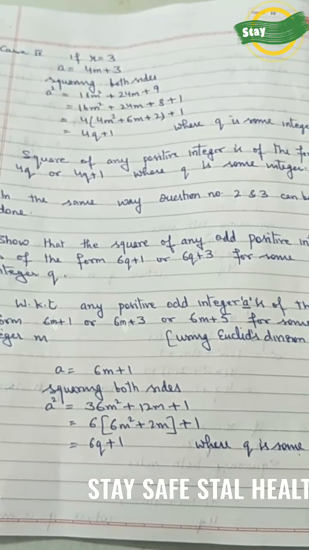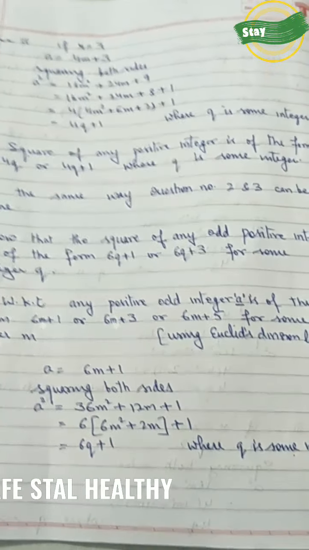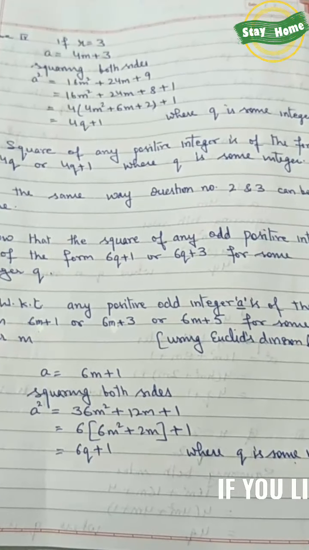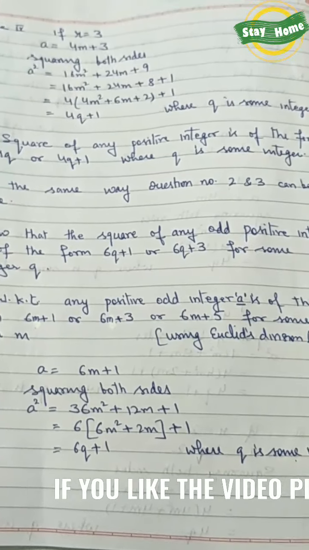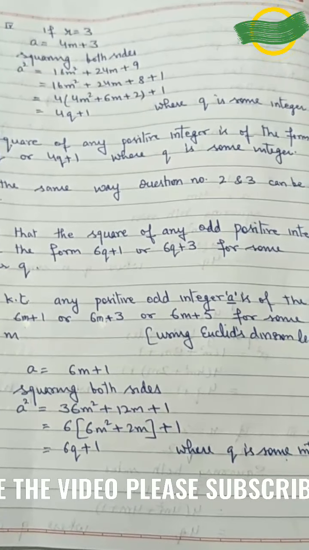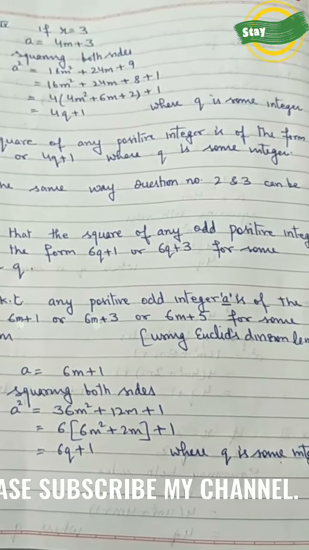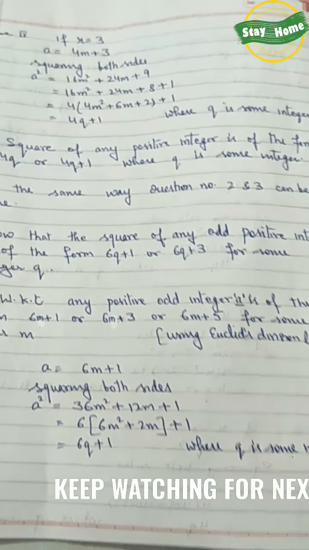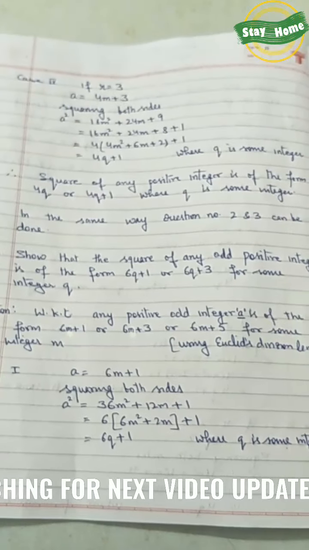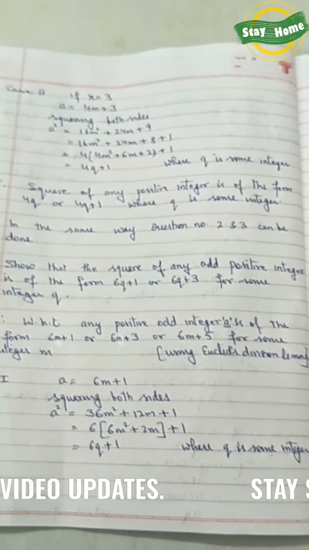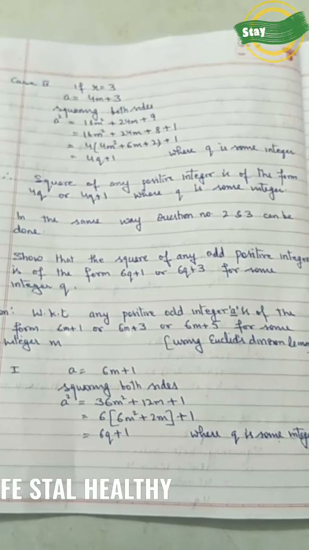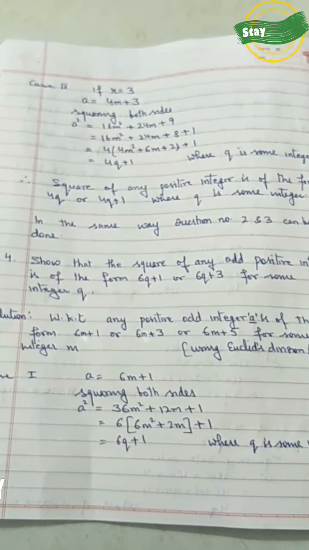Now students, in the assignment, question number 2 and 3 you have to do exactly in the same way I have done question number 1, only the values are changed. In the second and third questions we have taken the divisor 6 and 5, right? I hope you will be able to do it. So do it yourself. In case you have any query or you are not clear, you can ask your query in the comment box. So next, question 4.